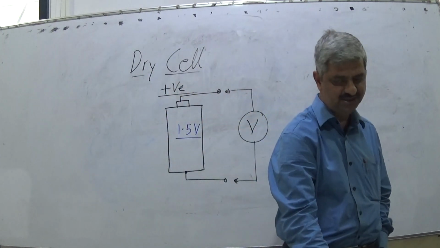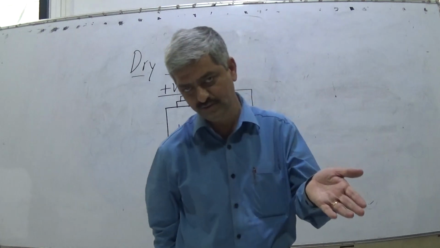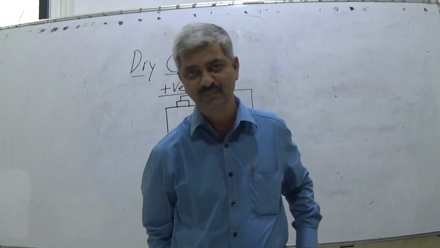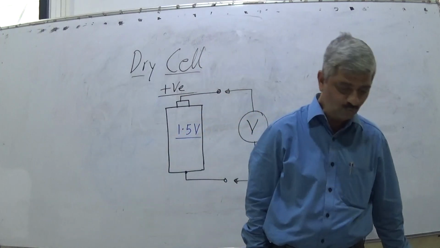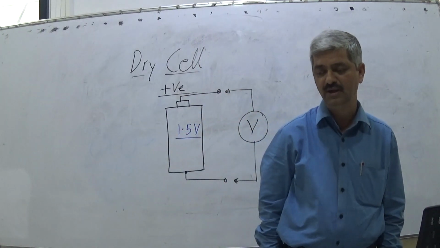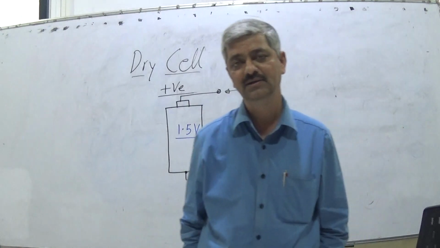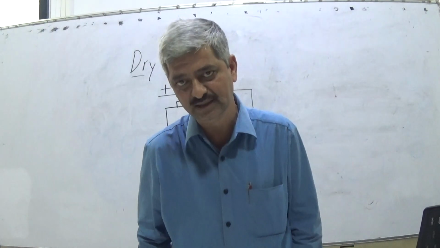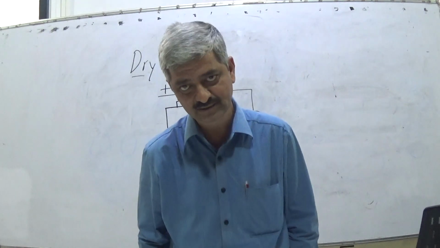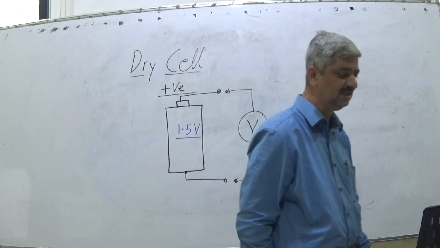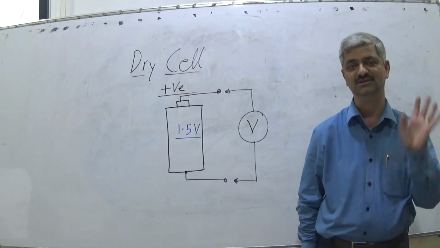I will answer the question immediately. Those who want to answer on their own should pause and then replay. If a voltmeter is given to you and a battery cell is given to you, by using the voltmeter, can you tell whether the battery cell is a good cell or an exhausted cell?